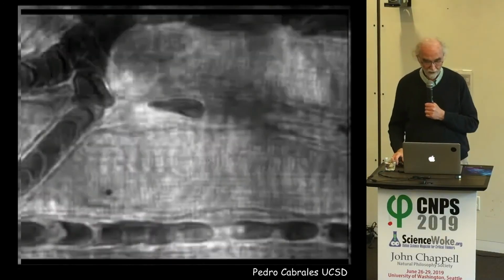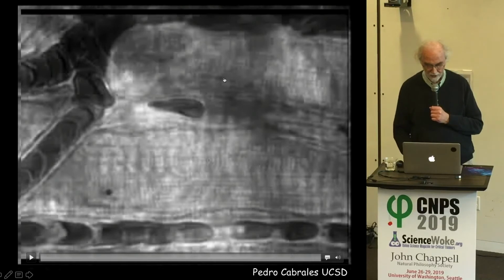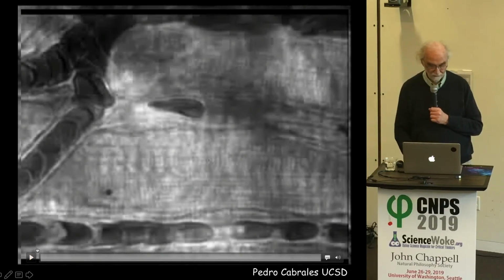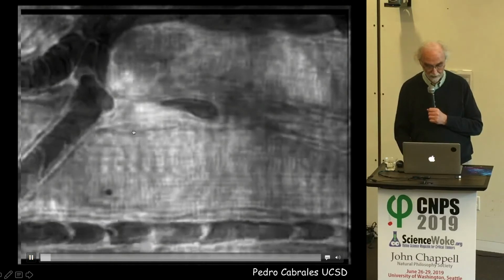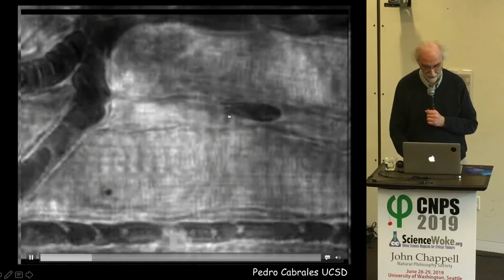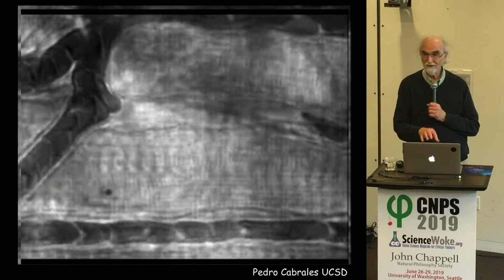But if you look at a typical, this is, I forget which species it is, I think it's the bat wing, and here you see muscles, and these are capillaries that run through, and you can see that the red blood cells are compressed. They're squeezed in order to go through, and they go through. And this one is having a hard time. They can get really, really squeezed and compressed. And also you notice that there's no beating. This seems completely decoupled from the heart.